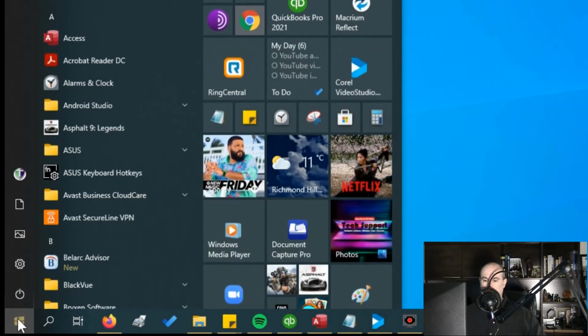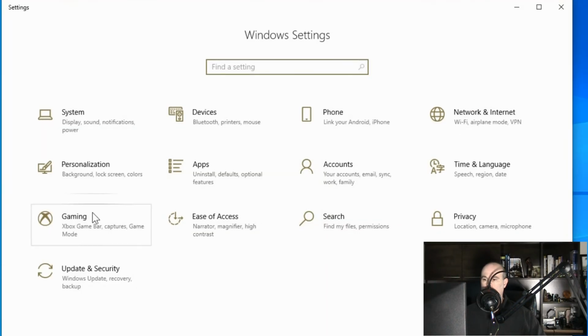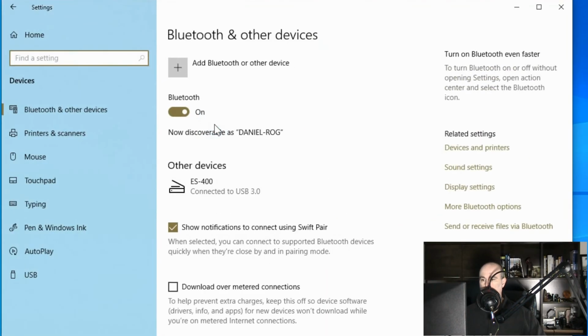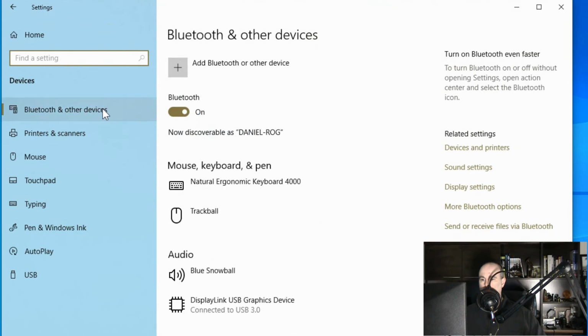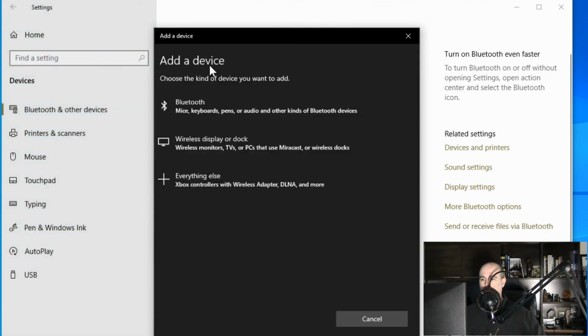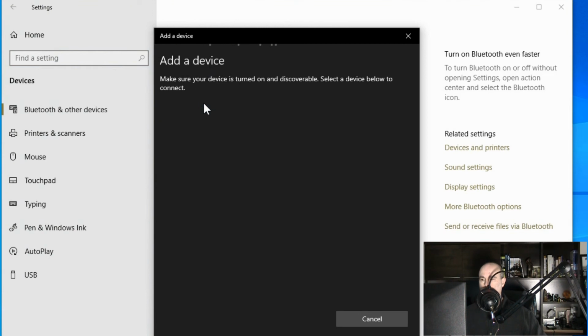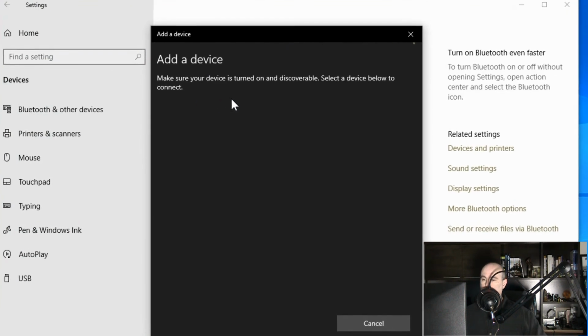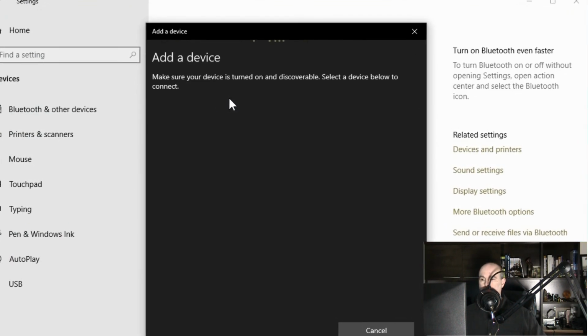Through your start button under settings, you go up to devices and then Bluetooth over here, which you may not need to click on because it's the first item in the list, which you can see up here. It says Bluetooth and other devices. So you may have already figured out we want to click on add a Bluetooth device and then choose Bluetooth from here. And now it will start searching for any Bluetooth device that you have near you.